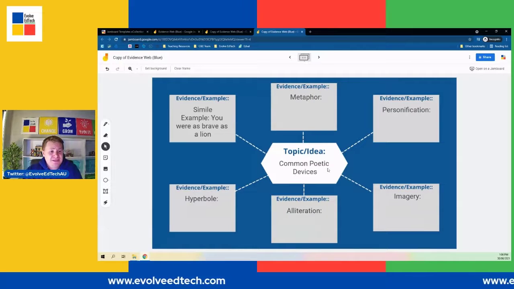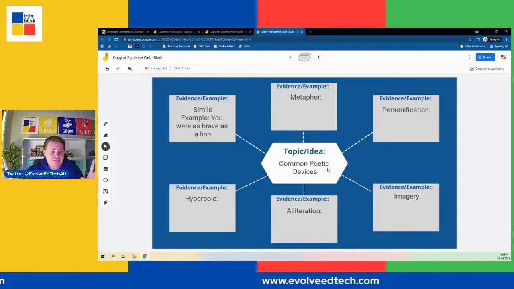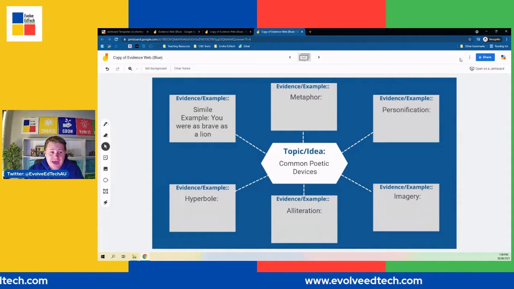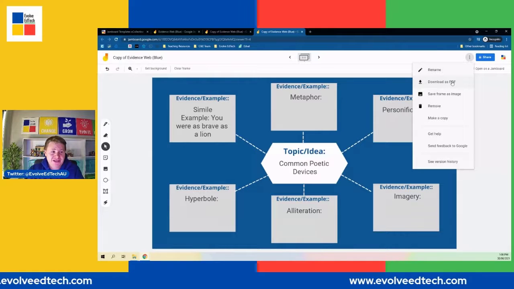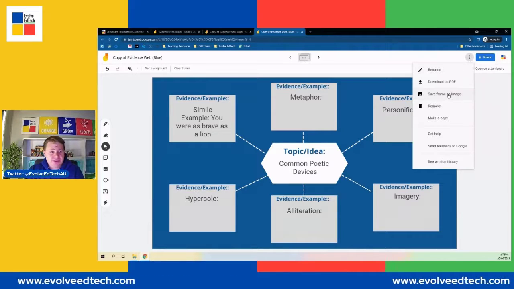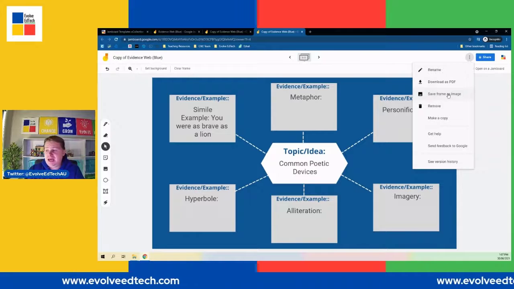You could be leading it as the teacher. You could be getting your students to complete it themselves. You could come up with a great big jam of really cool ideas that you can share with your students. Just before we wrap up, I will show you that if you head back up to these 3 dots here, there's a couple of other functions. You can download your jam as a PDF if you'd like to distribute it to your students. You can save the frames as an image. So if you want to put it into some slides, into your sites, into your Google Classroom, or get it to your students, you can do that as well. So there's a couple of ways that you can make sure that everybody is able